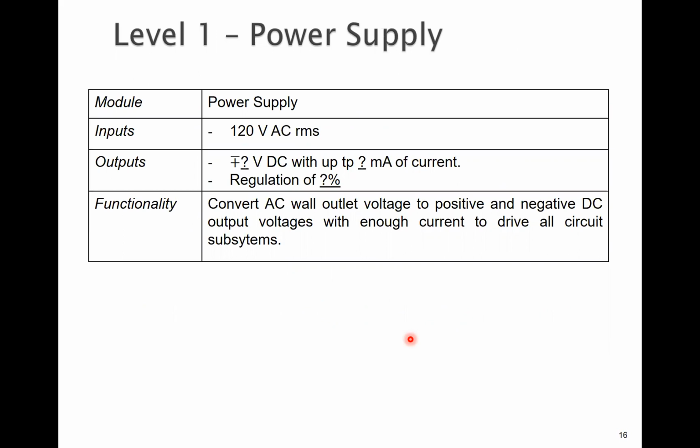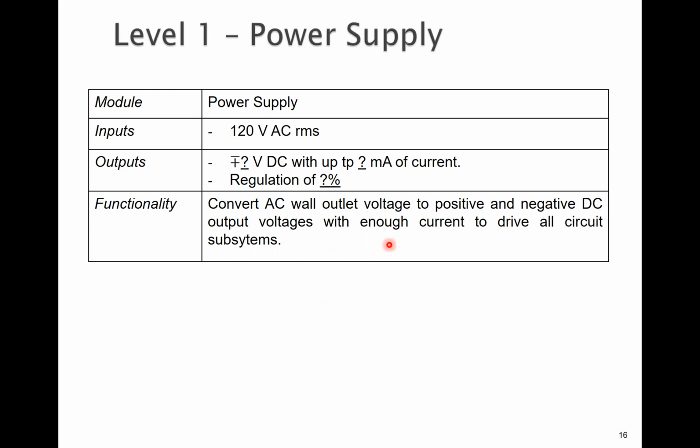Its input should be the voltage in the country, standard AC, 120 volt or 220 volt. Output should be some plus and minus DC voltage. This should be determined, and the output current should also be determined. So these are some design parameters, and there should also be some